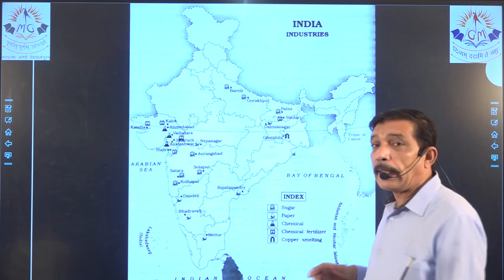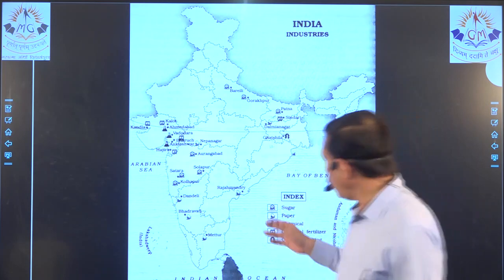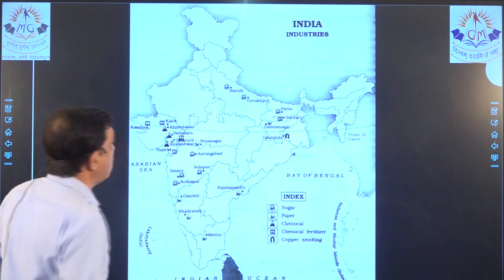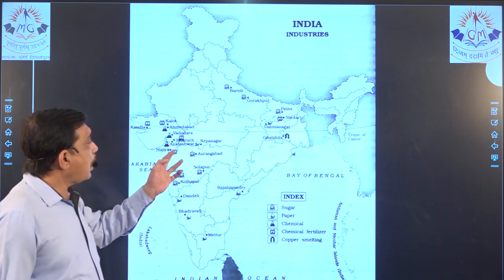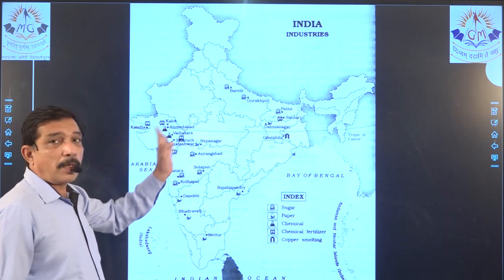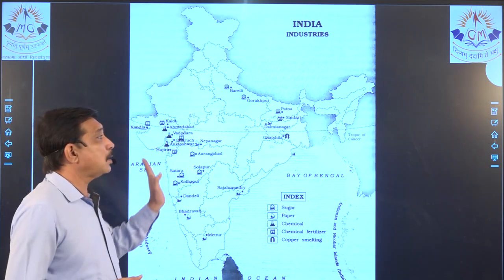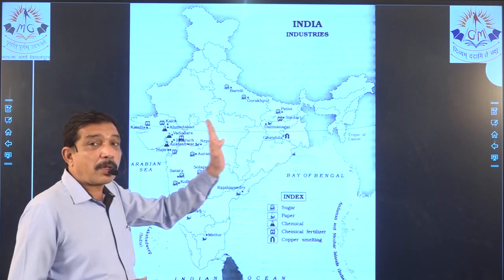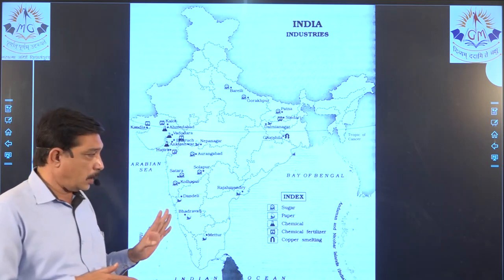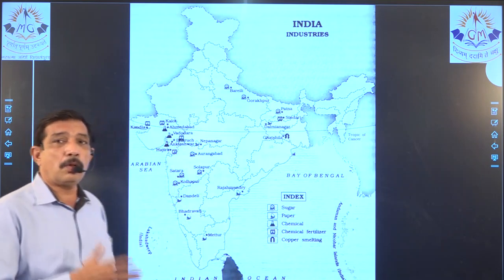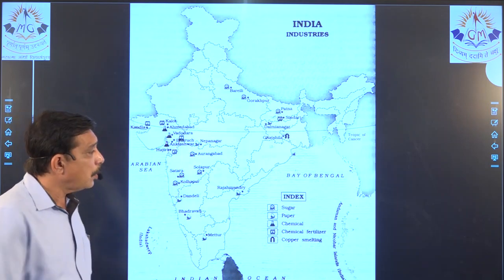Now for chemical, we know that Gujarat leads in chemicals, right? So we have lots and lots of chemical industry over here. We know the famous ones: Vadodara, Ankleshwar, Bharuch, Ahmedabad. These 4 places, you just remember that when chemical comes, I'll mark over here. Then I'll keep the rest of the map quite neat and clean, because I know where I have to mark it. Yes, chemical fertilizer, you know, Vadodara, Bharuch, they're the same places, right?